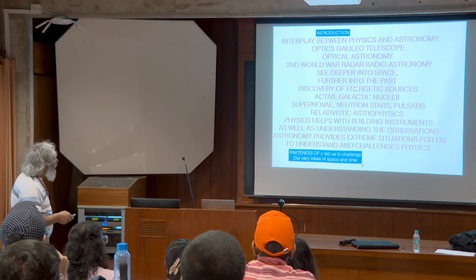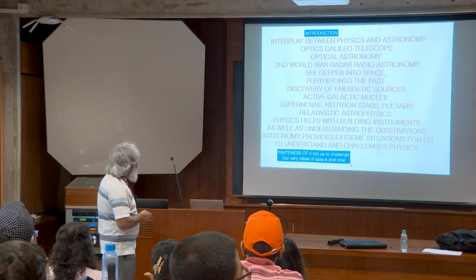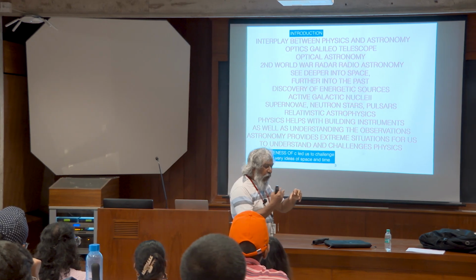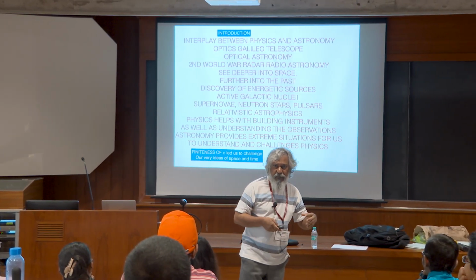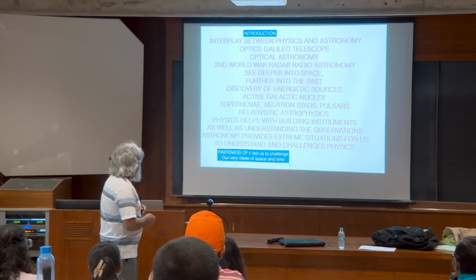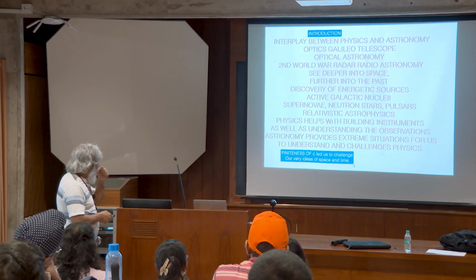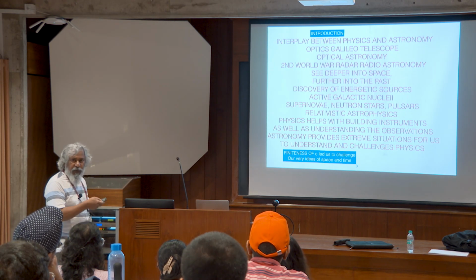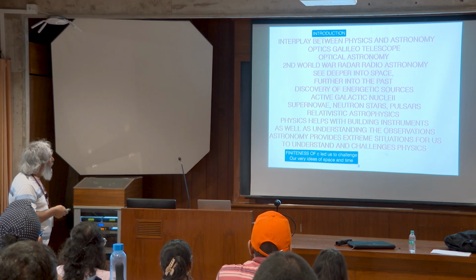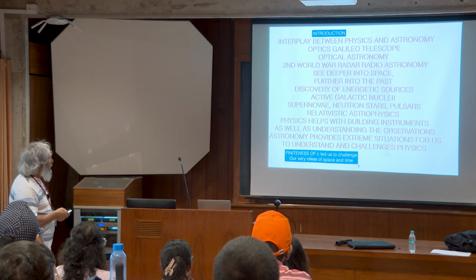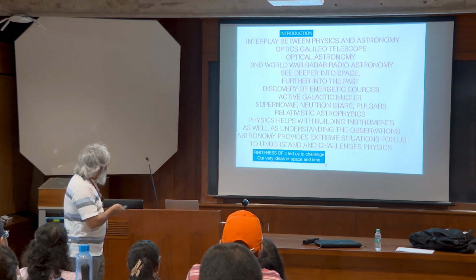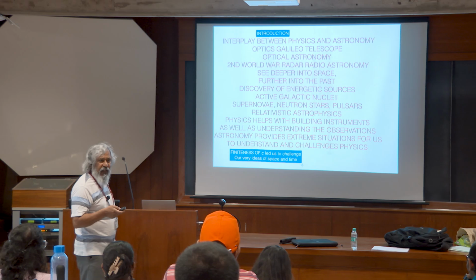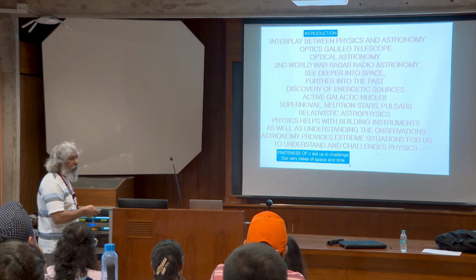With radio astronomy came the discovery of very energetic sources like active galactic nuclei, which are black holes sitting at the centers of galaxies, swallowing matter and creating a lot of energy. There are also supernovae, which are explosive events that were actually detected in 1054 by the Chinese and possibly also by Indians, though we don't have a record of it. And neutron stars, pulsars. And this is the birth of relativistic astrophysics, where our ideas about relativity, space and time come in. You need to have a grounding in relativity if you want to do any of these topics.